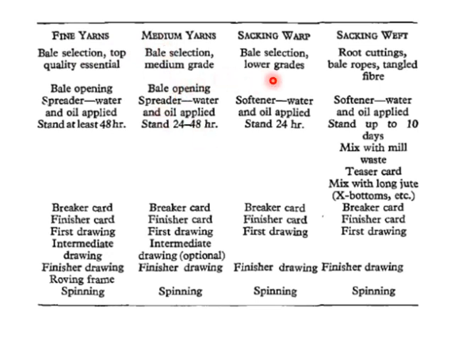And the difference in the machine is that a spreader has rollers along with chains, and in a softener there is a series of fluted rollers. This process is a harsher, stronger process on the fiber as compared to a spreader, because here the root cuttings, bale ropes, strangle fiber and lower grade bales are used. So we need a more harsh process to make the fiber pliable and processable in the next machines.